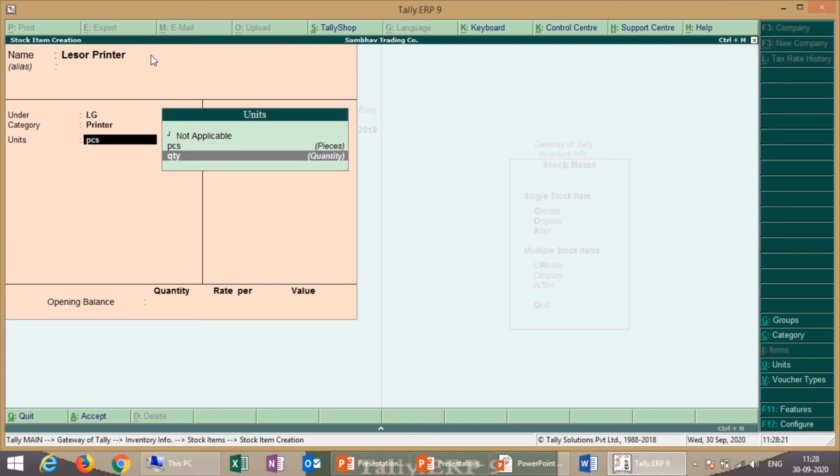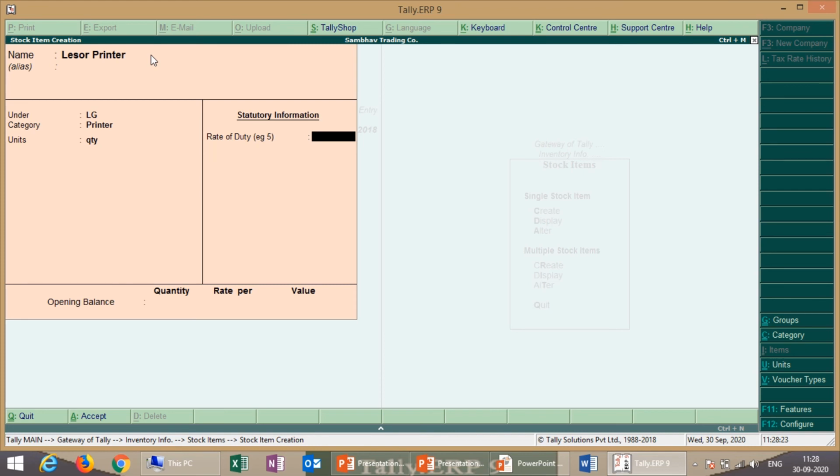Pieces, here we use quantity. Rate of duty 2. Quantity, if you already have the quantity in the shop, then provide the quantity, just like 2. Rate per laser printer 7,500 per quantity, so 2 quantities is 15,000. Accept yes.